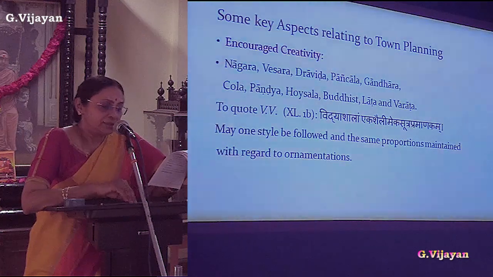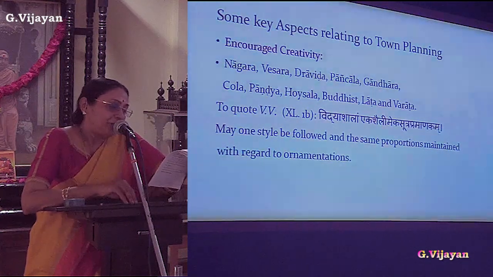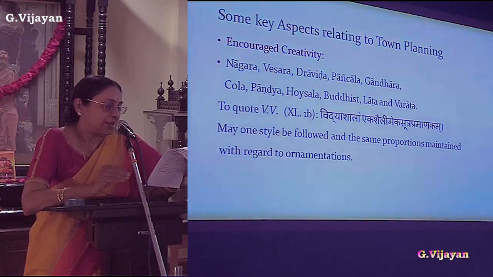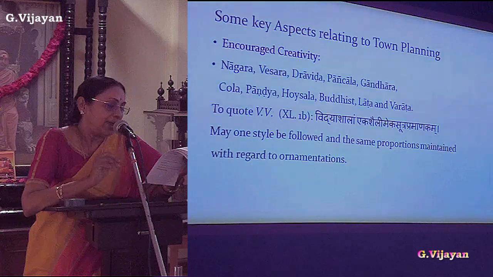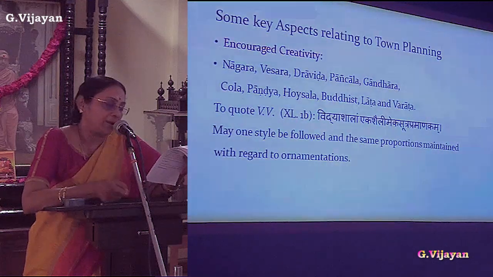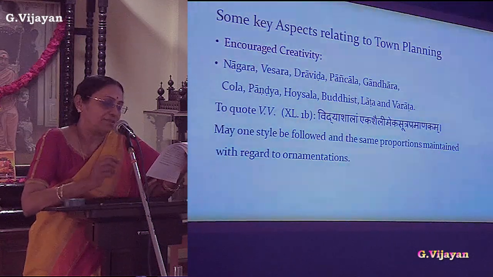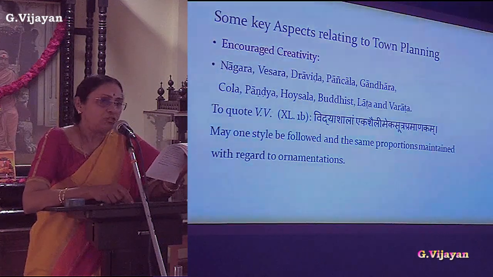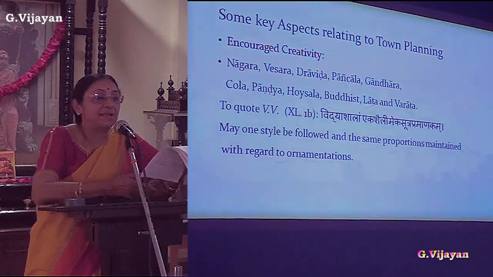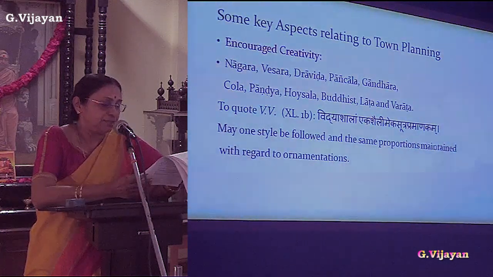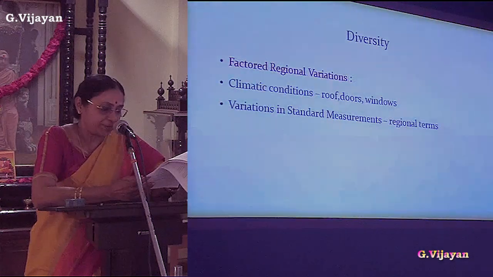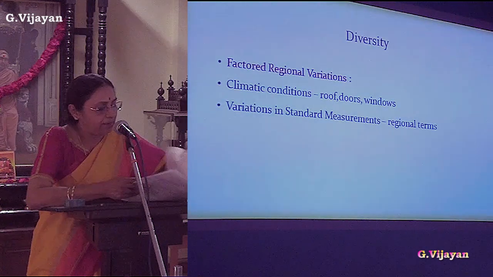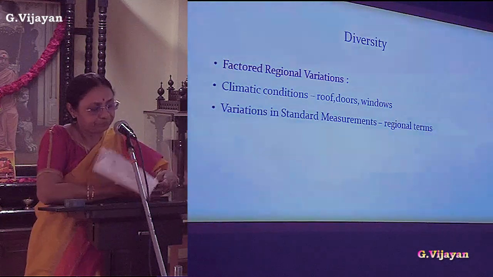So here they insisted on a uniform style. For instance, in the matter of building a school, Vishwakarma Vastu Shastra states, Vidya Shalam Eka Shailim Eka Sutra Pramanakam. Let one style be followed and the same proportions maintained with regard to ornamentations. Wise choices were made factoring regional climatic requirements. So, the design of roof, windows and other aspects of construction were adapted to the weather conditions in each district